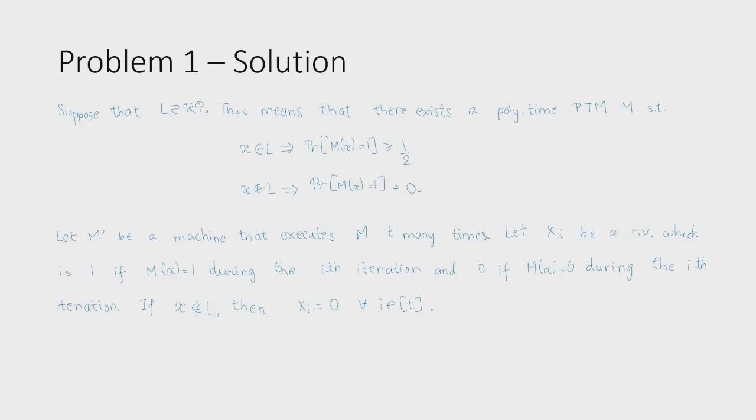So in this case, M prime, since M prime repeats M and only outputs 1 if M outputs